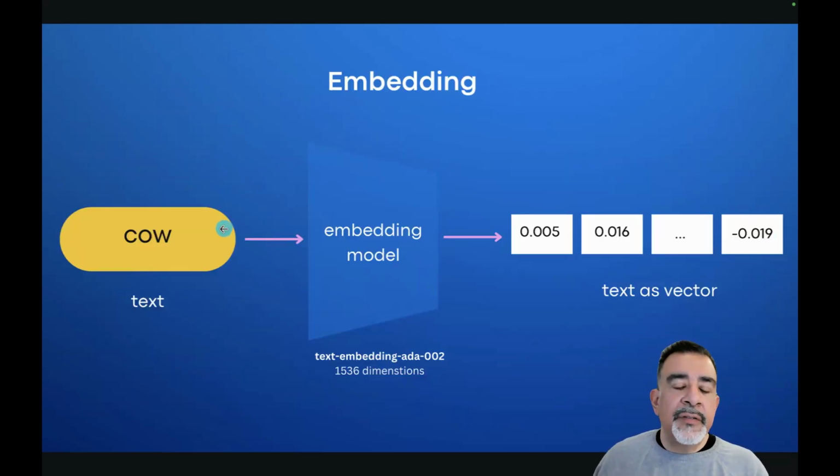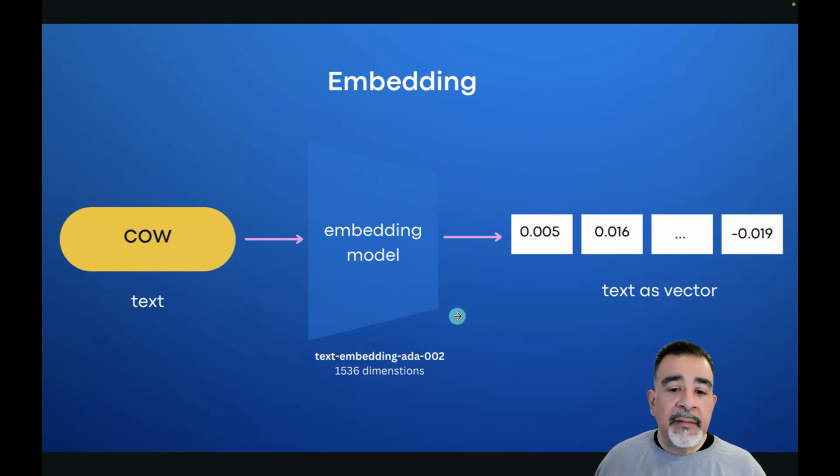The way we get words into AI is by changing them from a word to a number, because computers work best with numbers, right? So we take cow, and we run it through what's called an embedding model to create an embedding. An embedding is just a collection of numbers.